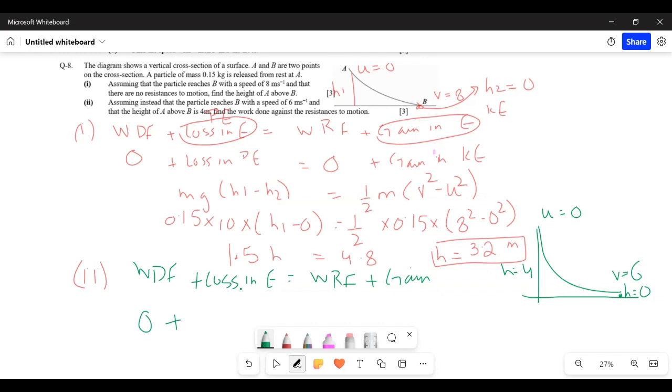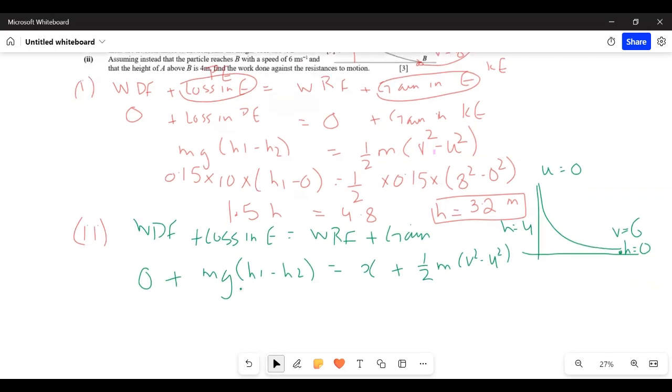प्लस लॉस इन एनर्जी, पोटेंशियल एनर्जी लूज हो रही है, so I'm going to do mg h1, which is the bigger height, minus h2, which is 0, is equals to work done by resisting force, find करनी है, प्लस गेन इन एनर्जी, काइनेटिक एनर्जी गेन हो गया क्योंकि स्पीड बढ़ रही, सो हाफ m ब्रैकेट v स्क्वायर माइनस u स्क्वायर।